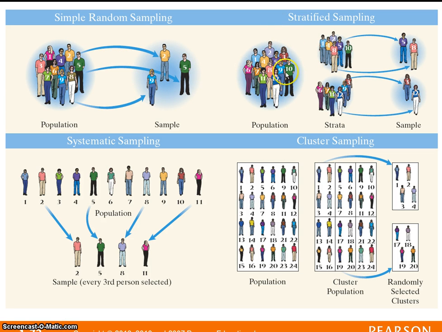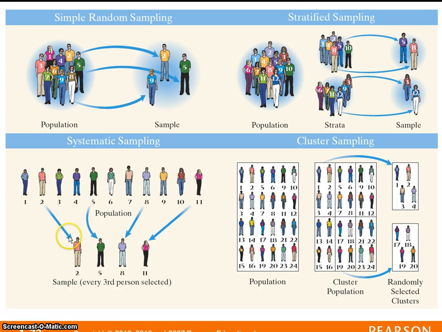With stratified sampling, again, you would break your individuals into 2 non-overlapping groups, and then again, you would only select certain individuals from each strata, again, not everybody from each strata. This would be systematic sampling, where you